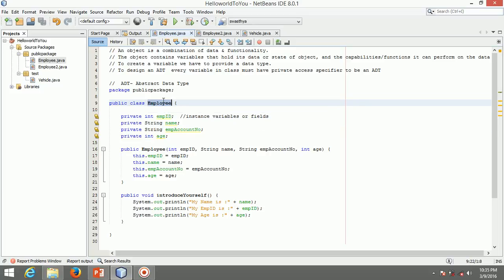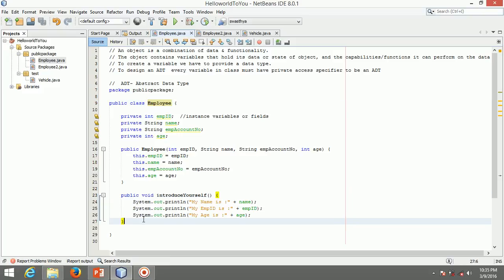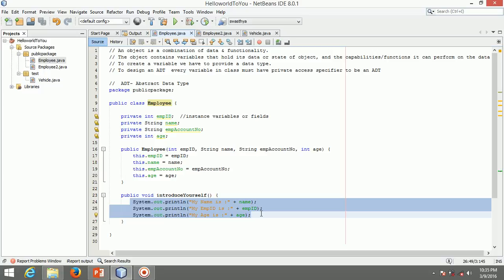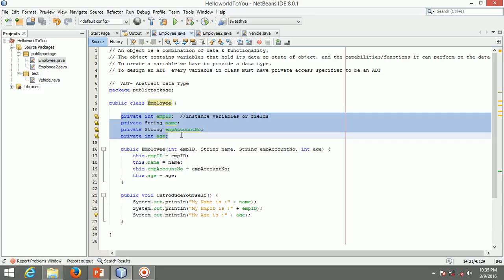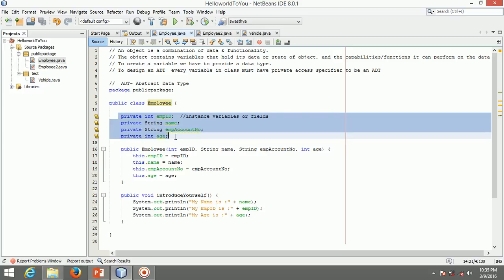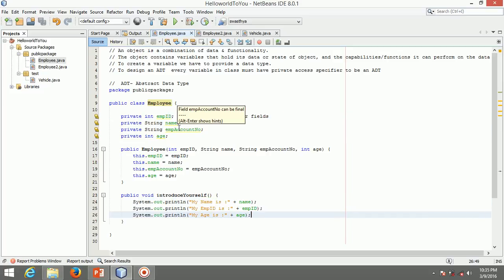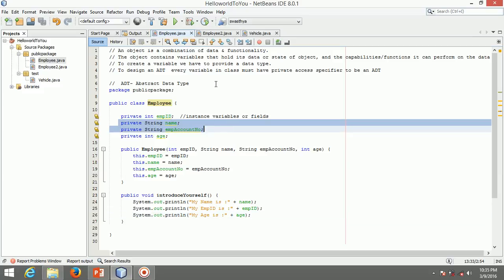I will design a class and I will write the functionalities. So another user or my fellow developer will be using this class. He doesn't need to know how I have defined my functionality and how I have represented my data. Let me show you. Here we have created 4 variables and we are accessing the variables one by one. But these 4 variables, let's take these 2 variables, can be